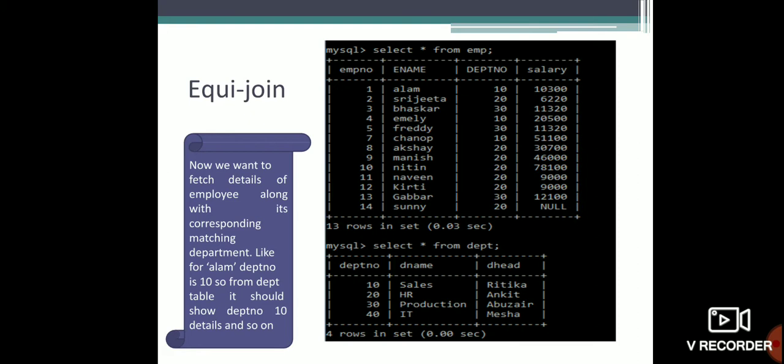You can see the employee table has employee number, e-name, department number, and salary. And the department table has department number, d-name, and department head. Now we want to fetch details of employees along with their corresponding matching department. Like for Alam, the department number is 10. So from the department table it should show the details for department number 10, and so on.